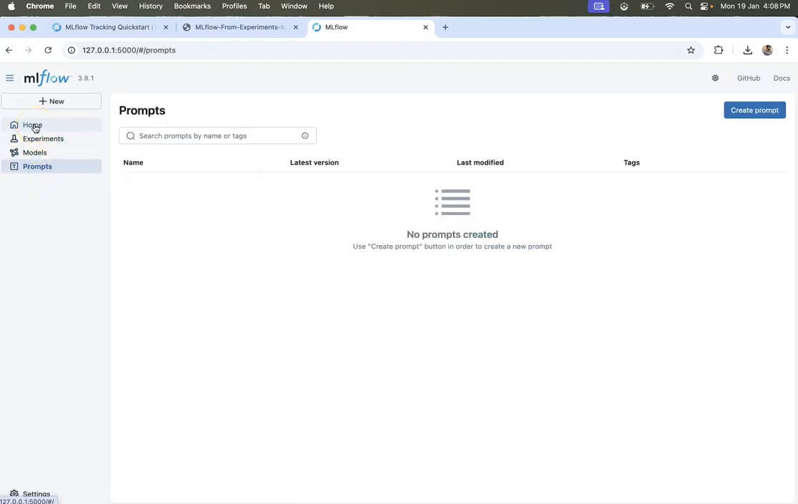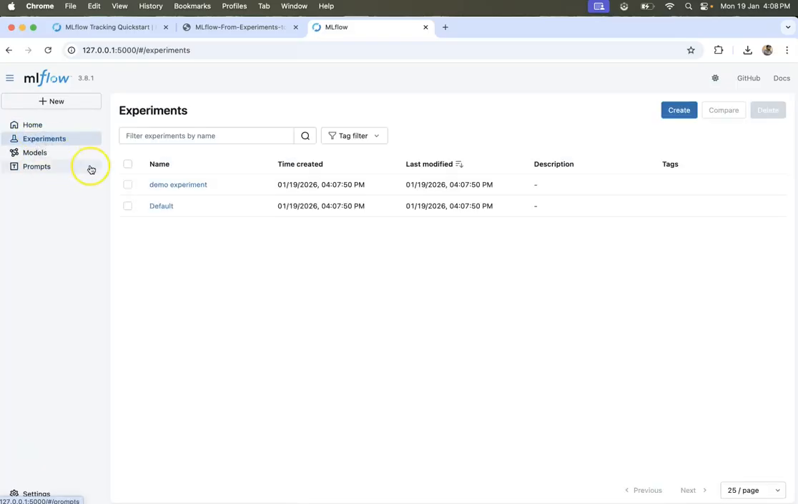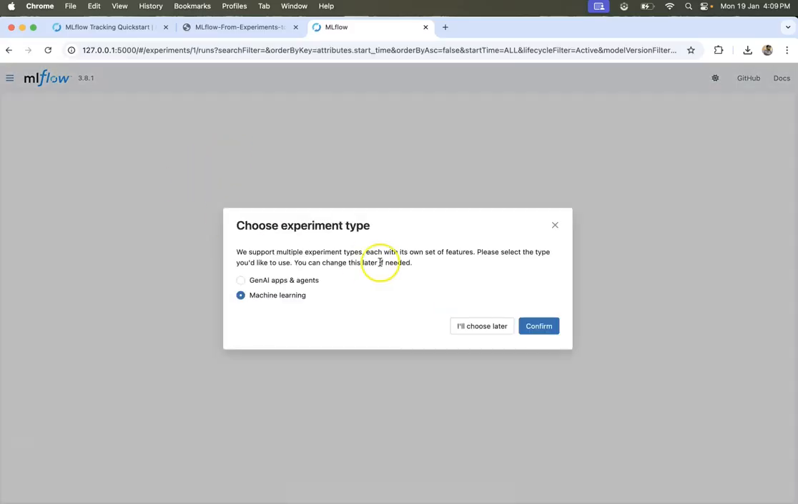Earlier in the earlier days, MLflow was used only for traditional machine learning, but nowadays it has been used for GenAI based experiments as well. So you see these prompts here. So if I come here in the experiments, you see my demo experiment. If I click on it,